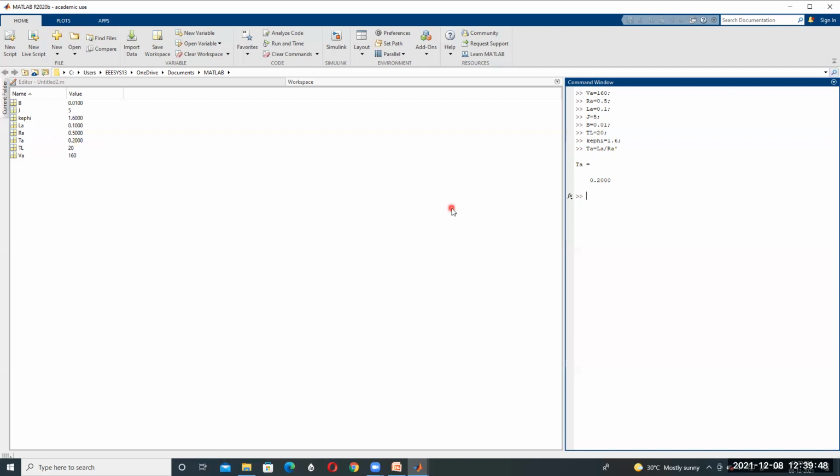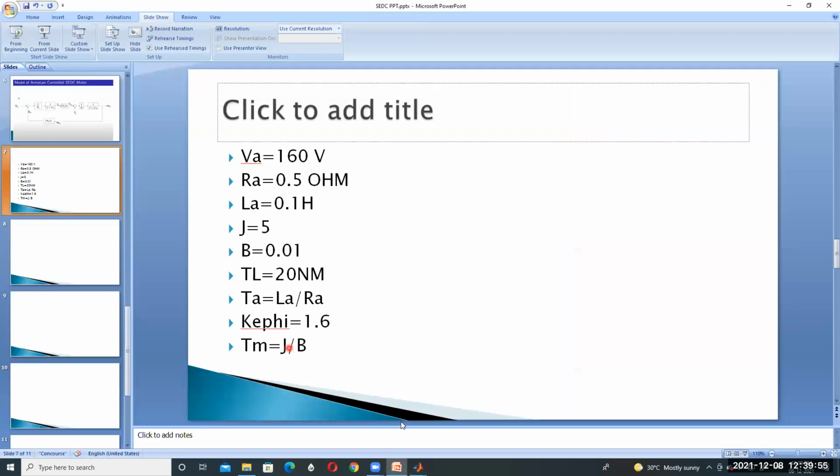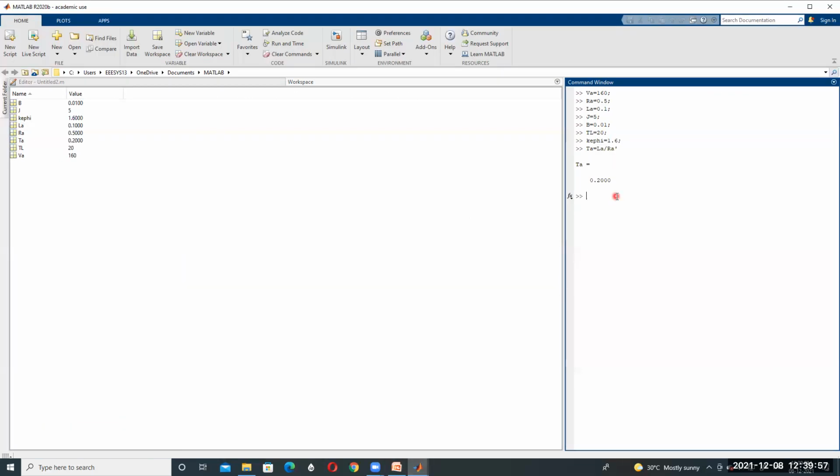And then TM is how much? TM is called J by B. So capital T suffix small m, TM is equal to J by B. J is 5 and B is 0.01, so TM is equal to 500.